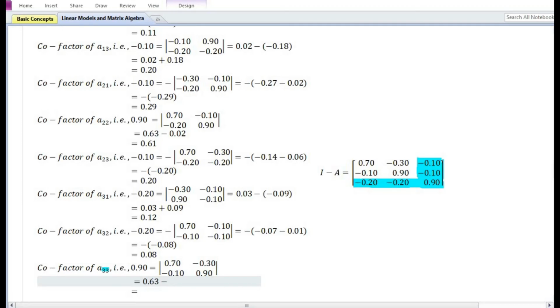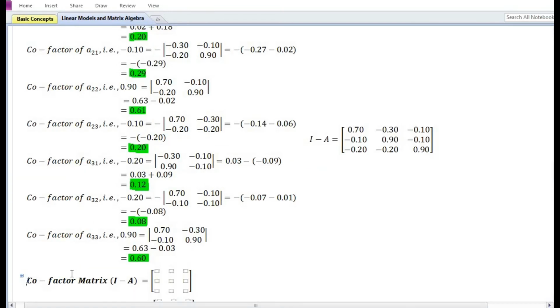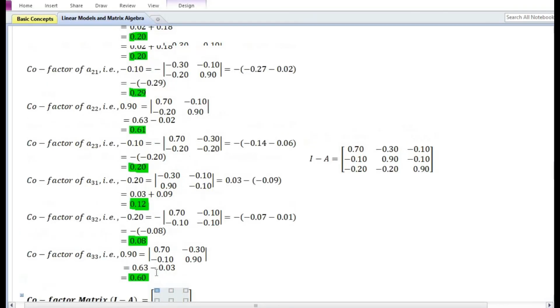0.10 times 0.30 equals 0.03. 0.63 minus 0.03 equals 0.60. Now arranging the cofactor of each element in a matrix known as the cofactor matrix, we have cofactor of A11